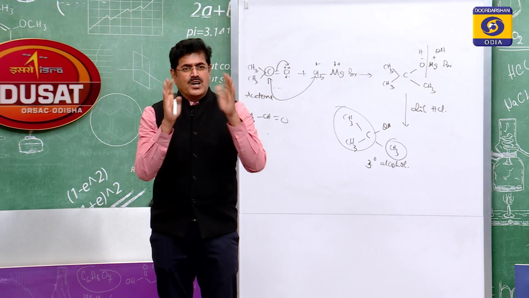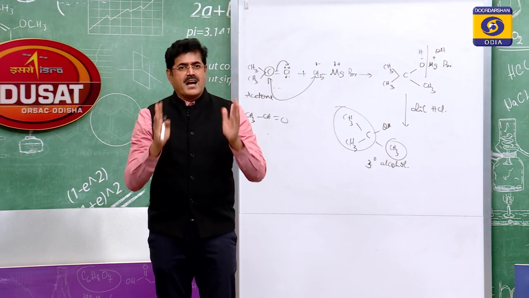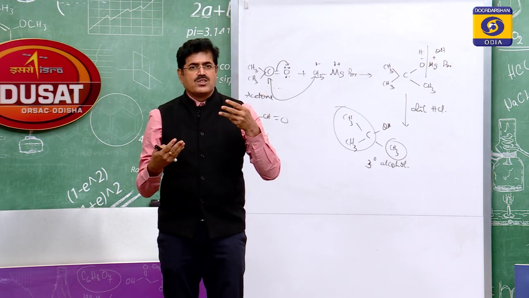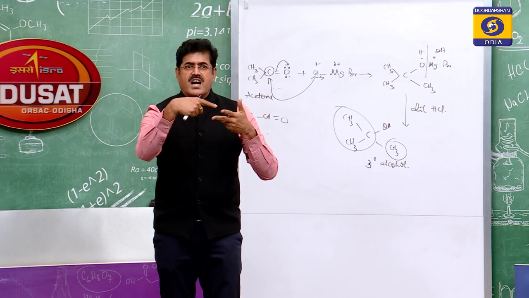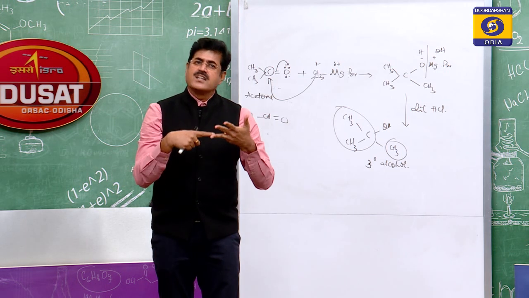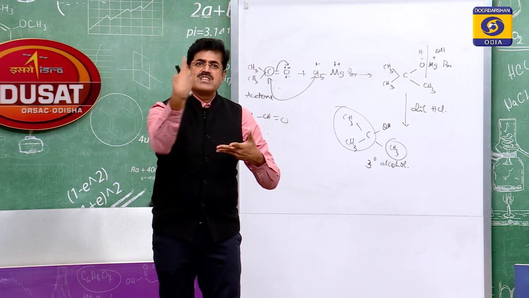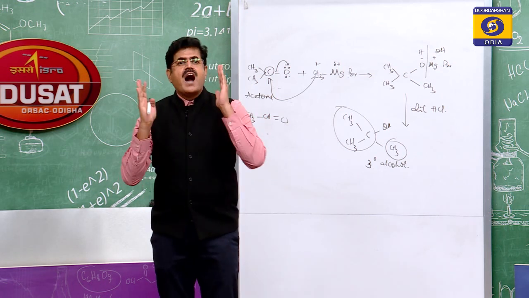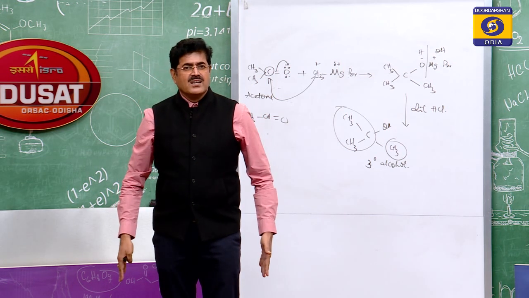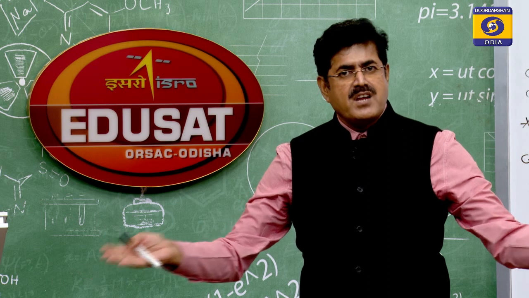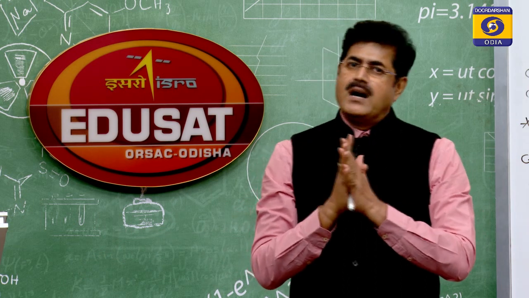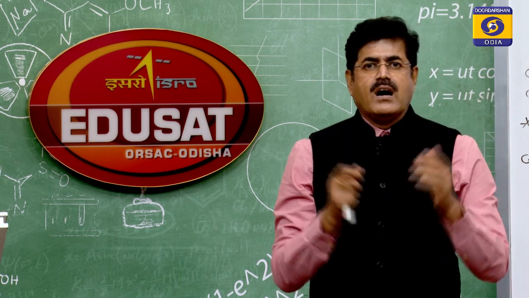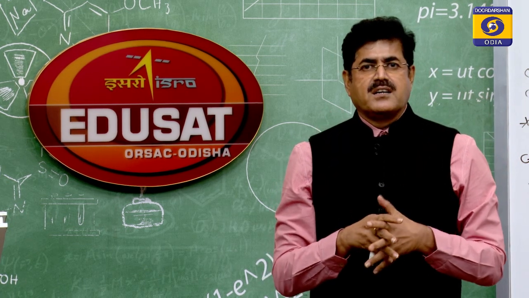Okay. So, these are the nucleophilic addition reactions we have discussed here. The three nucleophilic addition reactions: addition of HCN, addition of sodium bisulfite, addition of Grignard reagent. Addition of HCN gives cyanohydrin, addition of sodium bisulfite gives the sodium bisulfite addition product, addition of Grignard reagent gives alcohol. Next, the nucleophilic addition elimination reaction we will discuss. Let us stop here. Thank you very much. Thanks for a patient hearing and attending the class.